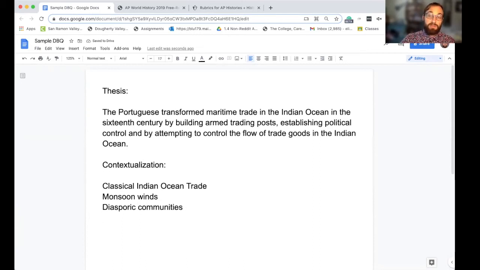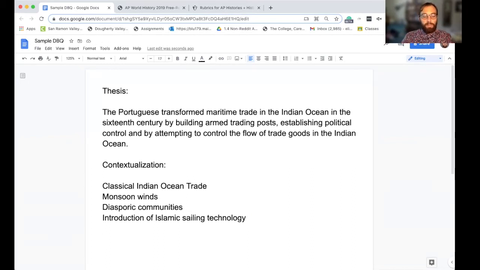What about Europeans and sailing technology? So we have the introduction of Islamic sailing technology. That's a big one. So these are all potentially things we could just describe really briefly to lead up to the prompt of the Portuguese coming into the Indian Ocean. For example, we could write maybe 2 sentences that set the stage for the prompt.